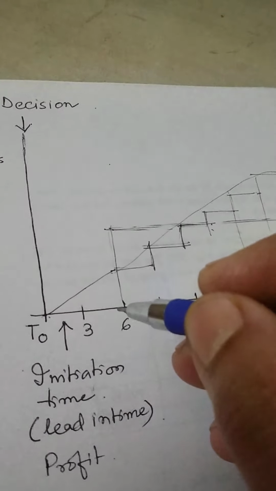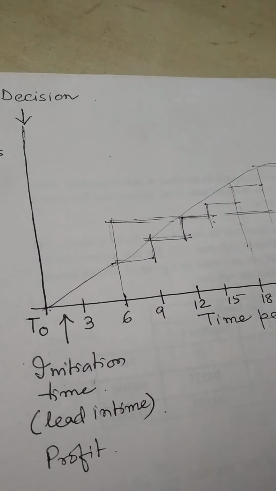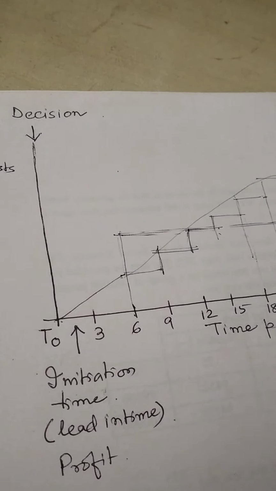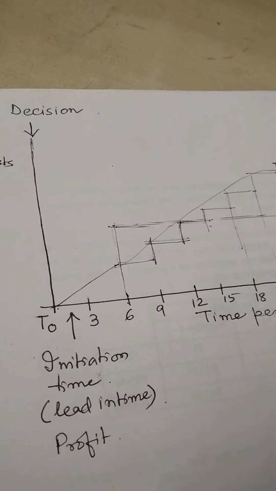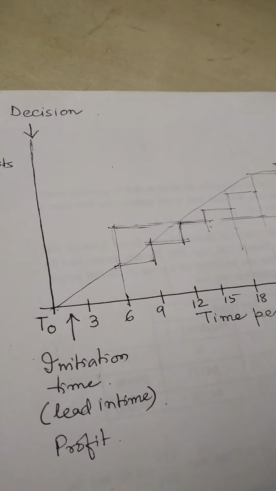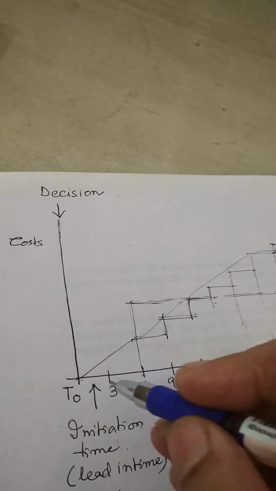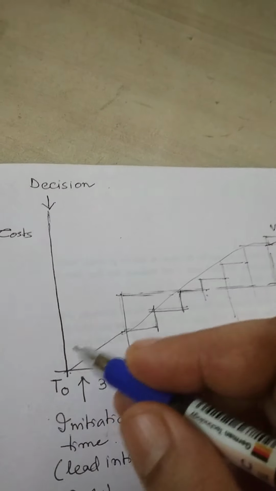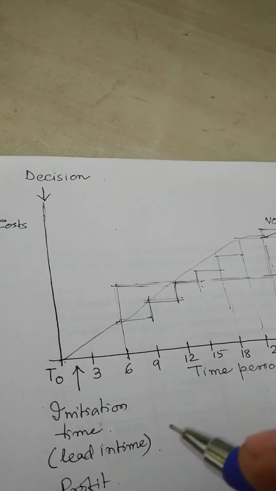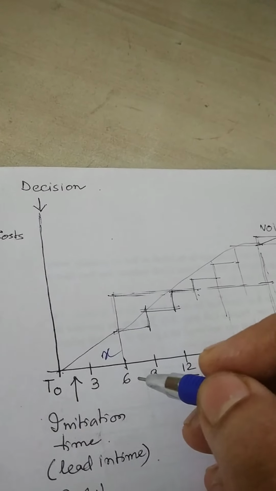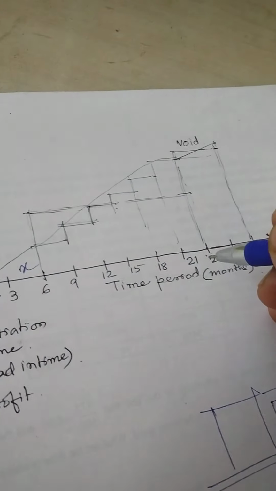to go through the basics, that is, initiating the basic things. You need to prepare a plan, acquire the land, do a survey, do soil testing, submit to the municipality, and pay the fees. All these kinds of costs, which are on the y-axis, are to be considered. In the 6-month period expected, you are going to do all these things and invest X amount of money. Then comes the construction phase.